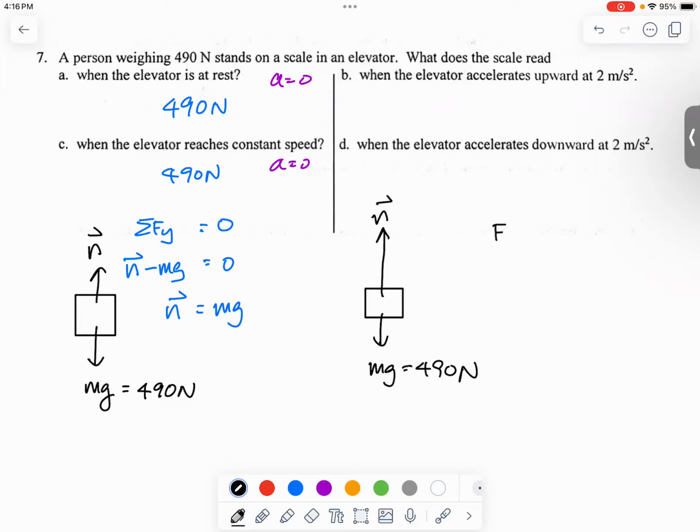Well, we can find out the F net, because we know our acceleration. F net is equal to mass times acceleration, and the net force will be the normal force minus 490 newtons. It's equal to,